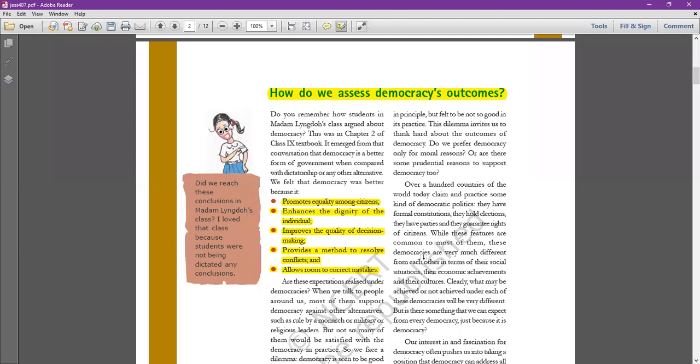ठीक है, तो ये अगला पॉइंट हो गया आपका. सो 3 पॉइंट्स क्लियर हुए. व्हाई डेमोक्रेटिक फॉर्म ऑफ गवर्नमेंट इज बेटर फॉर्म ऑफ गवर्नमेंट? फर्स्ट, प्रमोट्स इक्वालिटी अमंग सिटीजन. सेकंड, एनहांसेस द डिग्निटी ऑफ द इंडिविजुअल. थर्ड, इंप्रूव्स द क्वालिटी ऑफ डिसीजन मेकिंग. ठीक है. And how? Because there are lots of involvement of the institutions. Now fourth point